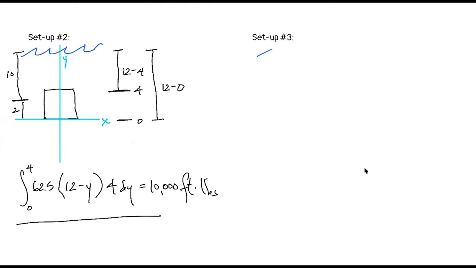So we've got our same surface of the water. We've got our square. And this time, I am going to keep my vertical y-axis that kind of splits it down the middle. But instead of having the x-axis on the bottom of the square or on the top of the square, I'm going to choose the middle of the square. Okay?